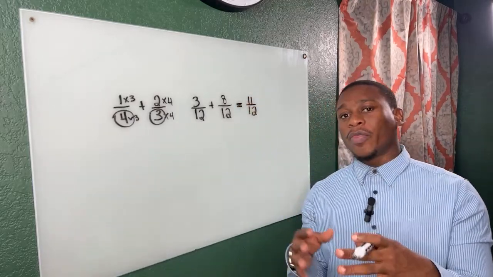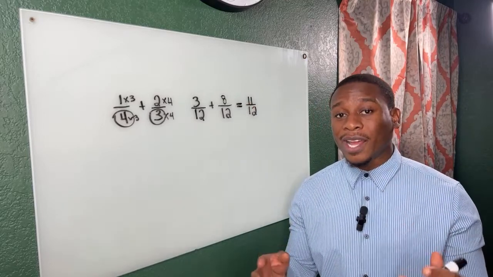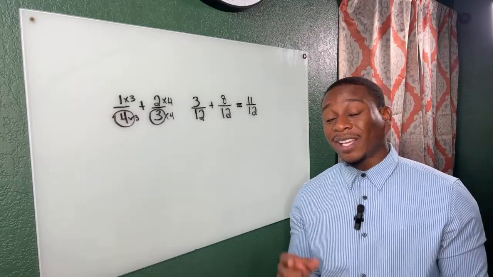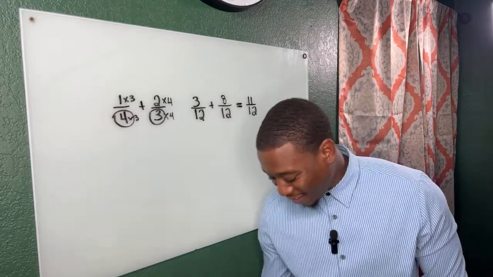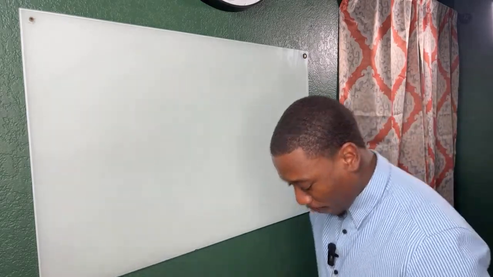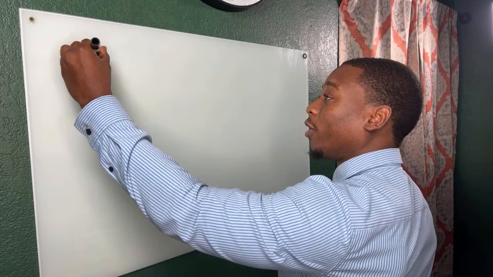So now that we have that basic foundation down, we're going to go ahead and practice adding and subtracting rational expressions. All right, so let's start off with number 1. So we got 4x